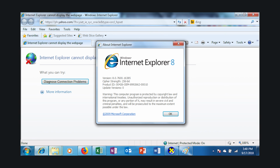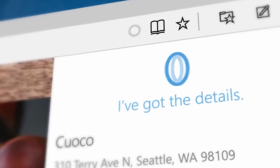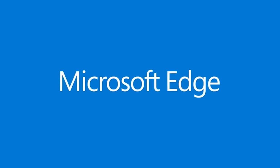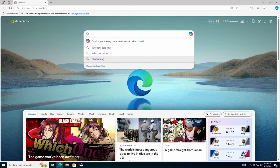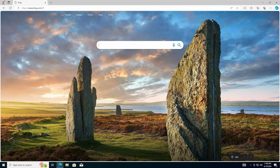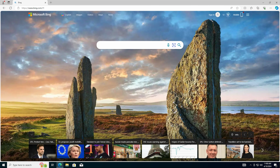Internet Explorer, man, what a horrible time that browser was. Microsoft knew that, and with Windows 10, they also debuted the Edge browser. And you know what? Honestly, Edge was such a big improvement from Internet Explorer that it's not even funny. It was never as good as something like Chrome or Firefox back when it came out. I'm not saying that, but I'd argue that low-key, this was one of the most underrated additions to Windows 10